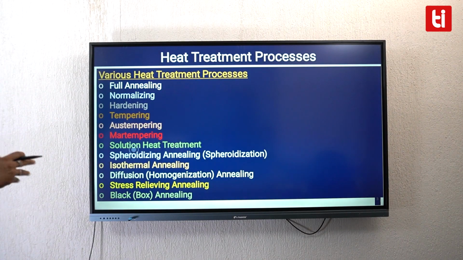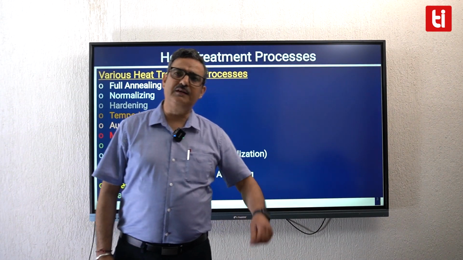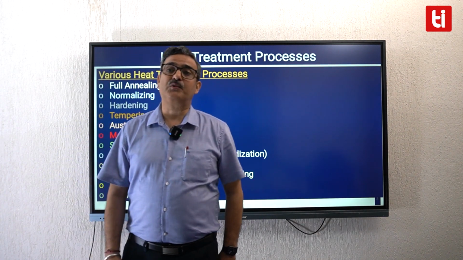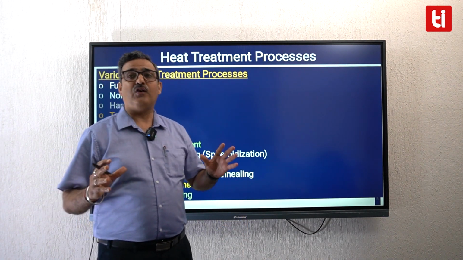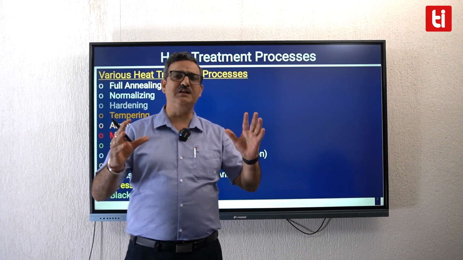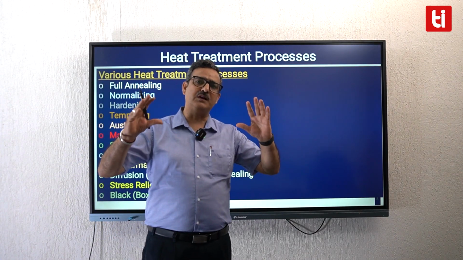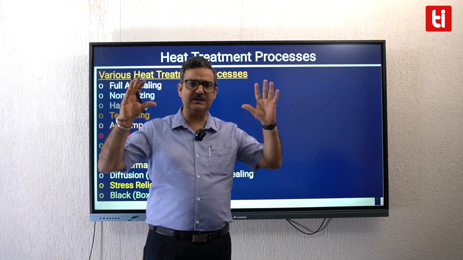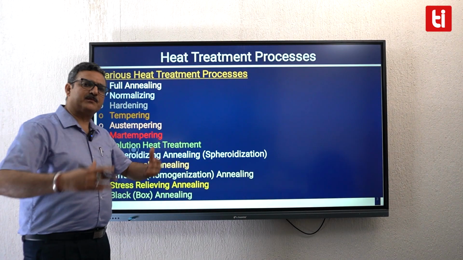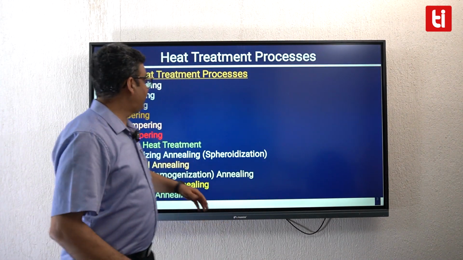So what are the various types of heat treatment processes? Yesterday I said that heat treatment processes is a common name that has been given to some processes. The objective of every heat treatment process is to change the microstructure of a given steel so as to change its mechanical properties, so as to make it suitable for some specific application that you have in mind. So according to the purpose for which heat treatment has to be given, heat treatment is of